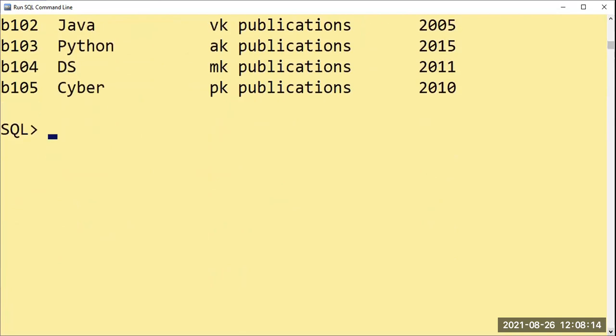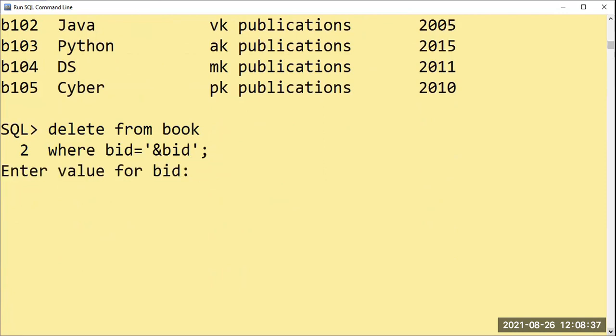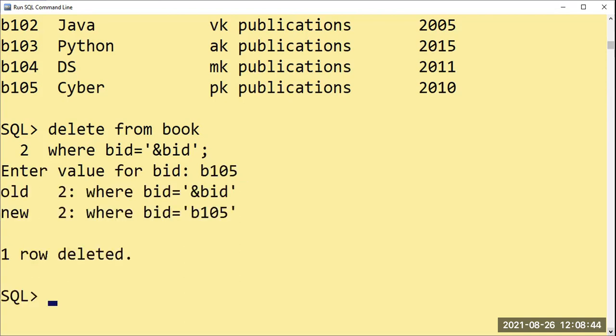Now one more I will delete. My choice. I will not write the value in the statement. While execution, the way you say insert into values, you will be asked for the value. Delete from book where BID equal to single quote ampersand BID. It will ask me. Now I'll delete B105. Cyber security is not there for you people still, so I'll just delete it.